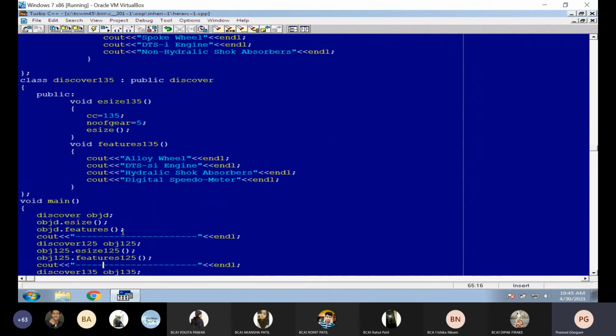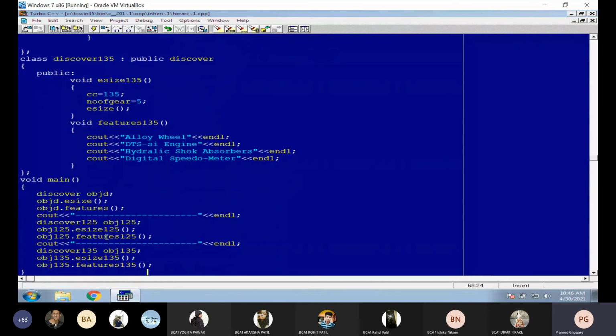And a similar structure is going on here, that is number of gears. We are setting number of gears 5. Okay, now for the first class, the first derived class, the number of gears was the same. That's why we have not set the value of number of gears. But here the number of gears is different. That's why we are setting a different value for the variable. Okay. Now you can see this is also one more new statement in the function. That's we are defining a new function. If we want the function of the base class, then we will not write that function here.